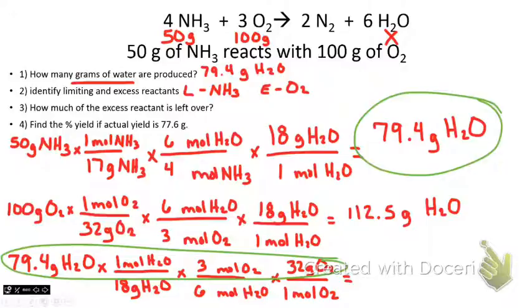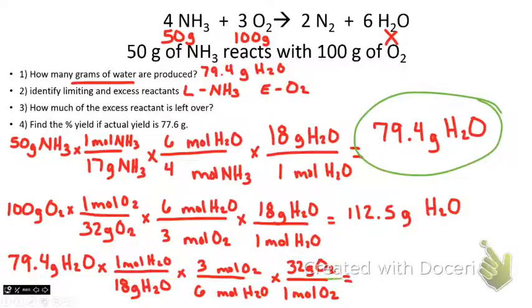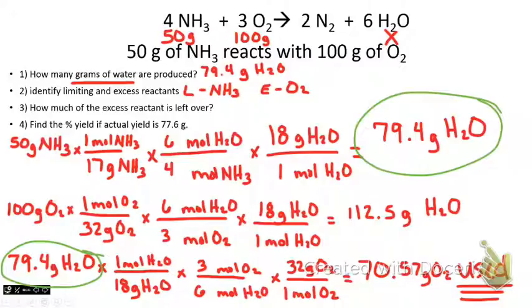79.4 times 1 times 3 times 32. Then in your calculator hit divided by 18, divided by 6, divided by 1. You should get something around 70.57 grams of O2. And I'm going to write used here just to help keep me straight. So what you just told me with this long calculation was if I were to make the full 79.4 grams of water,